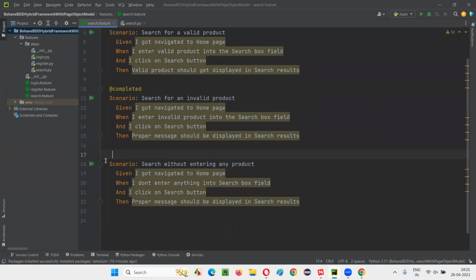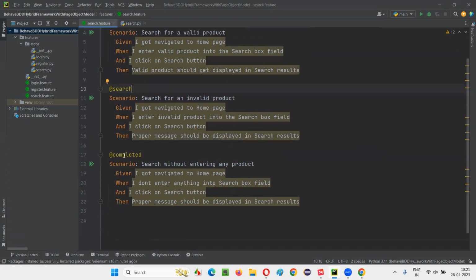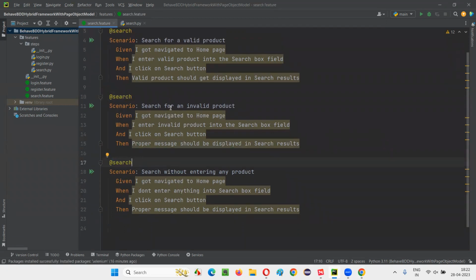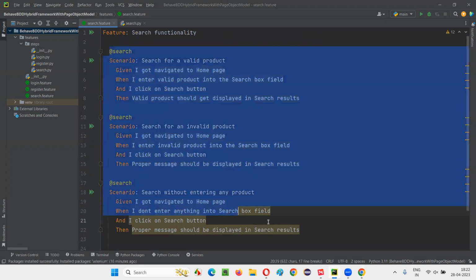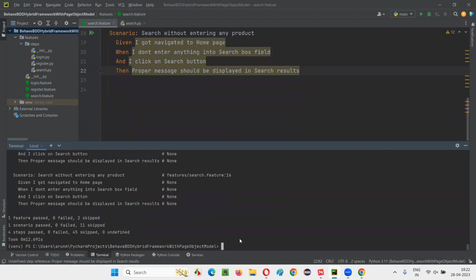And now here I'll write down at the rate completed. All the such scenarios got completed. So I'll simply write search here otherwise. Okay, at the rate search. That will make more sense. So at the rate search, all the search functionality related scenarios, I automated it. Now, if I have to run all these three scenarios to see whether they are working fine or not, so